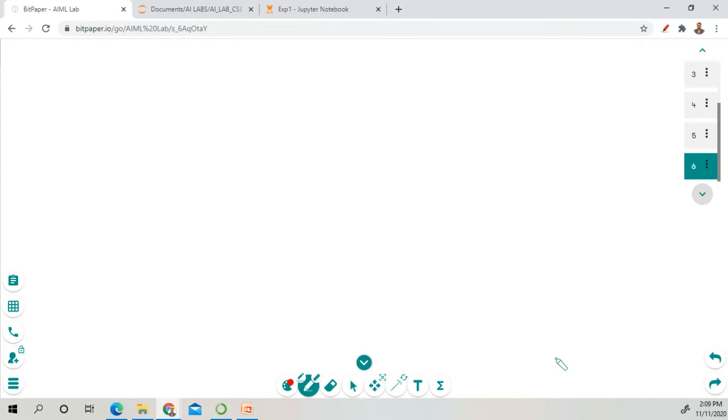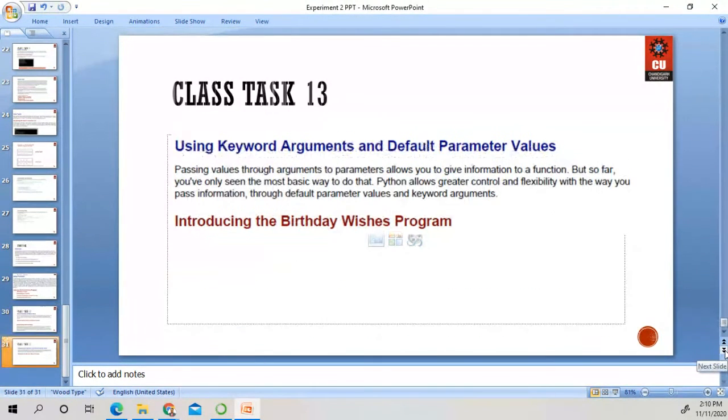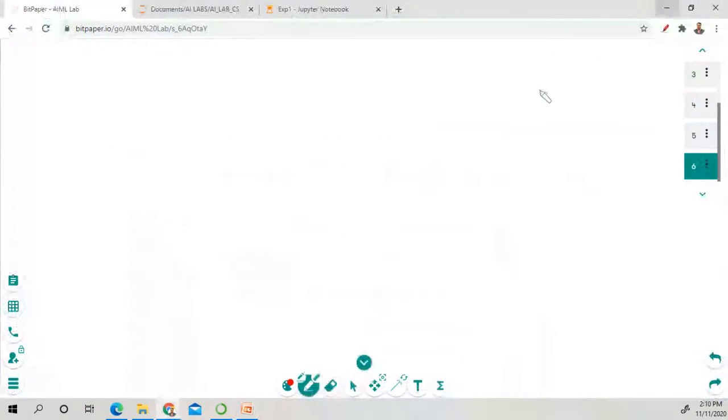Okay. Clear. Okay. So most of the students are saying that there is no doubt. So we will continue with this task number 12. In this task number 12, we have to use these values. So let's come to this task number 12.